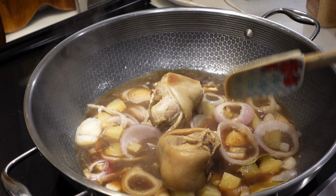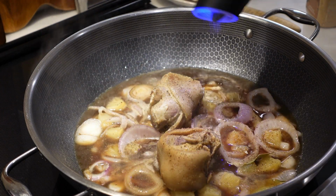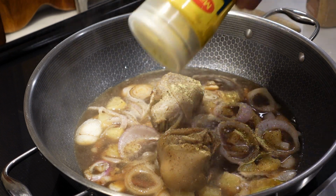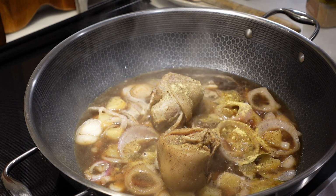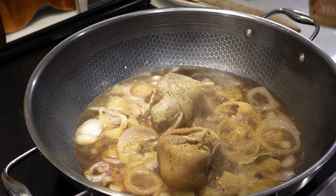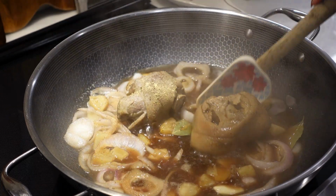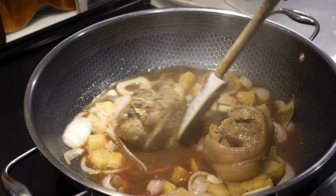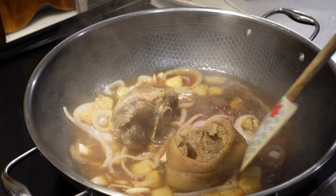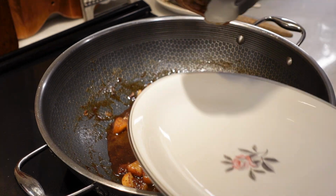I'm going to season it. Lots of pepper. Little bit of salt. Chicken powder. And garlic powder. So I'm going to boil this until the broth reduces a little bit, so it gets thick. It is done, guys. Let's get our